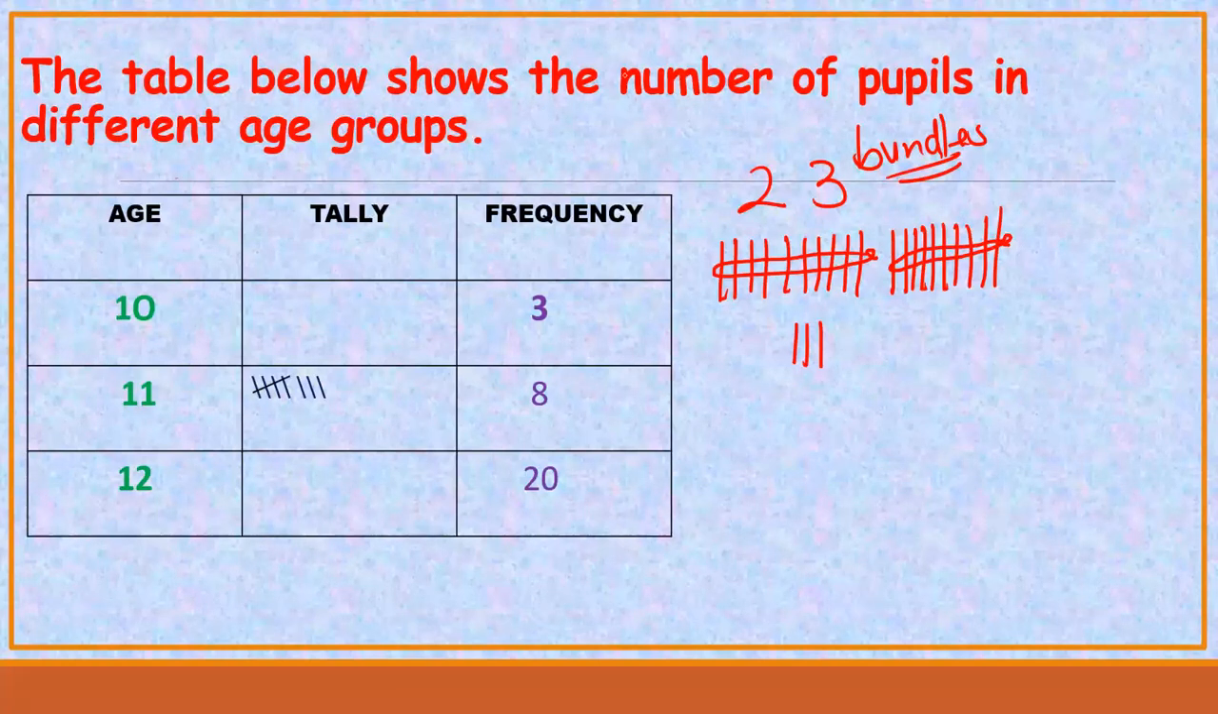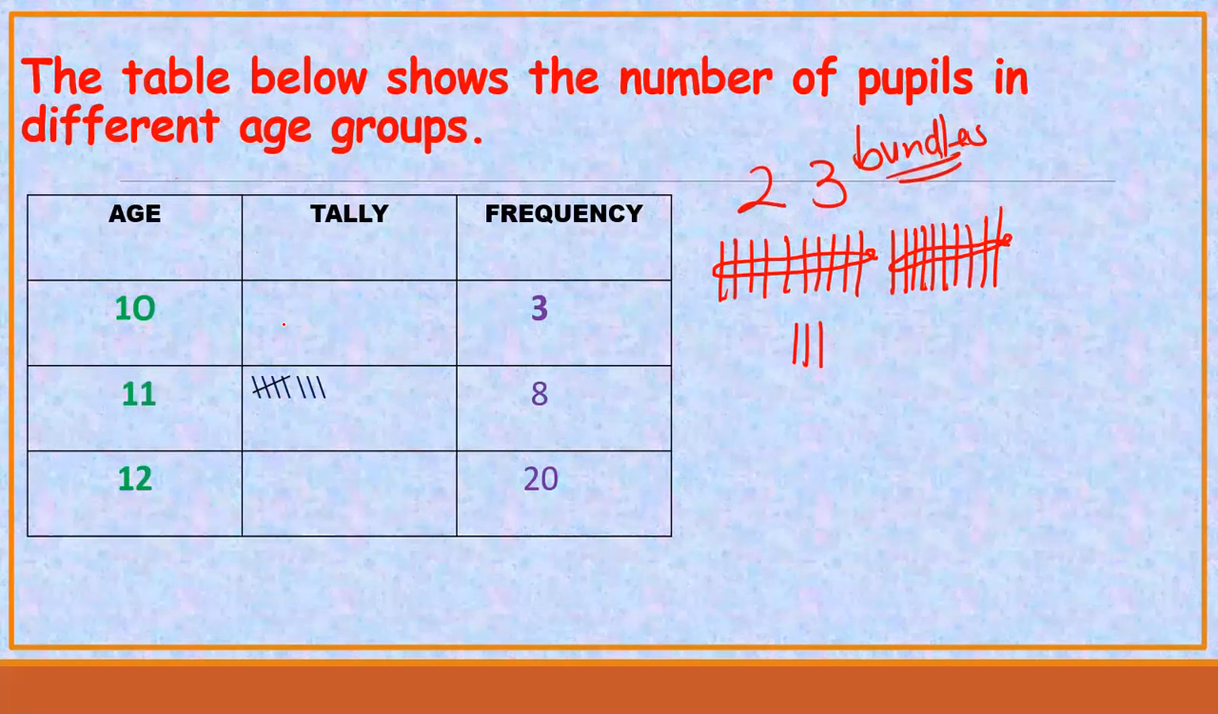The table below shows the number of pupils in different age groups. The age groups are here. There are some who are in age group 10, age group 11, age group 12. The tally just makes your work easier. How do I make the counting very fast? So from here,